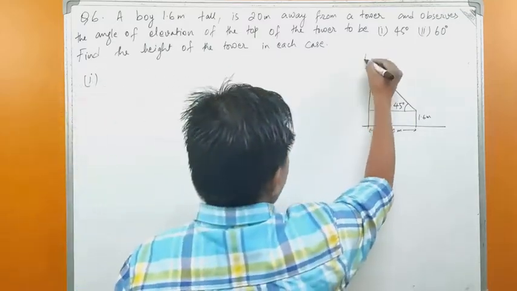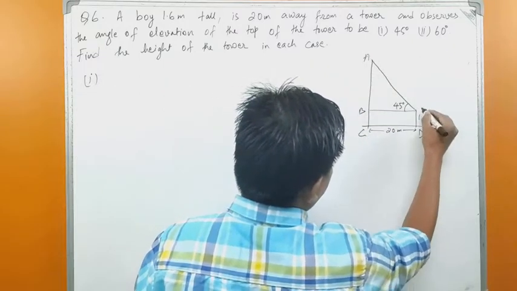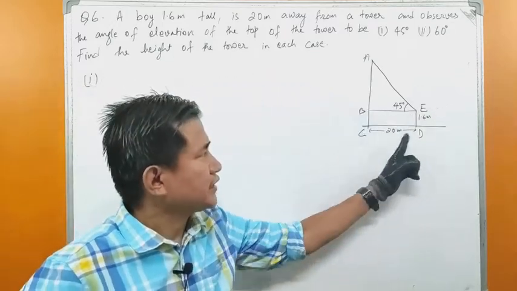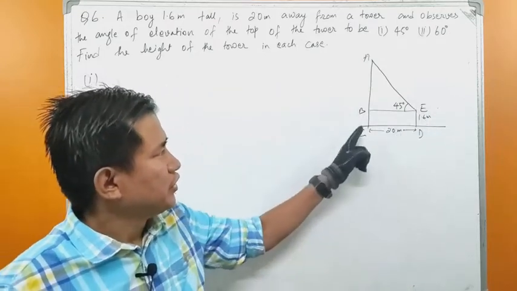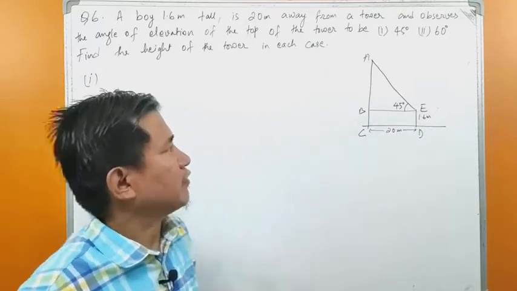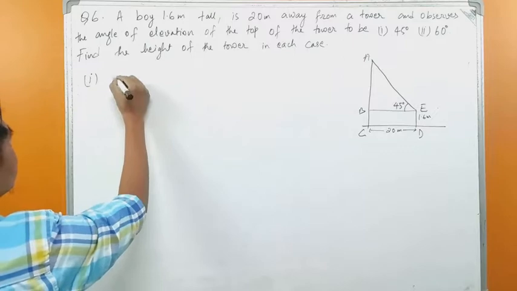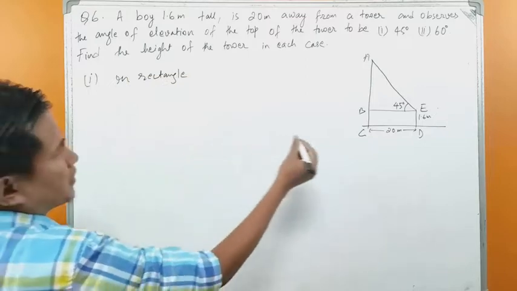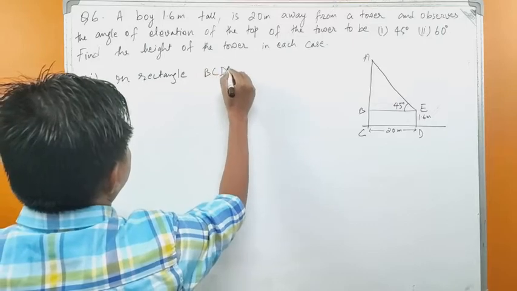Okay, so this is A. Let us assume these to be A, B, C, D and E. Now you can see BE and CD are parallel to each other, BC and DE are parallel to each other, and BC and ED are equal, and CD and BE are equal. So this is a rectangle, isn't it? In rectangle BCDE,